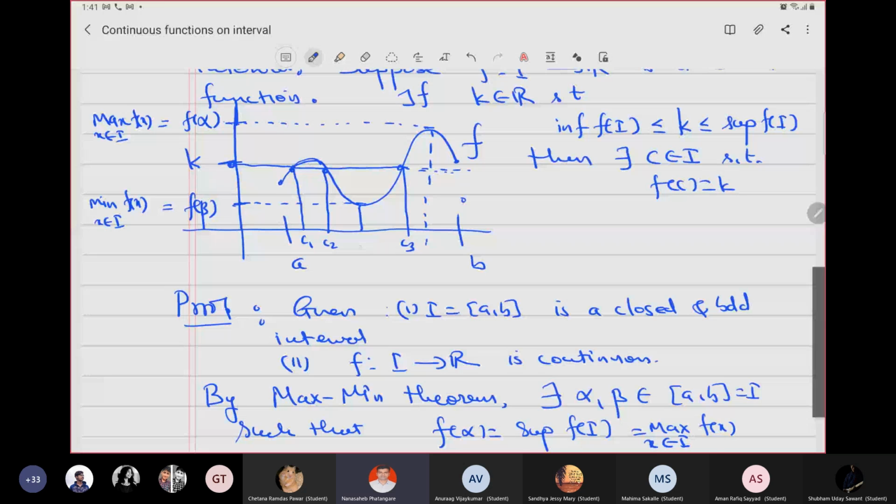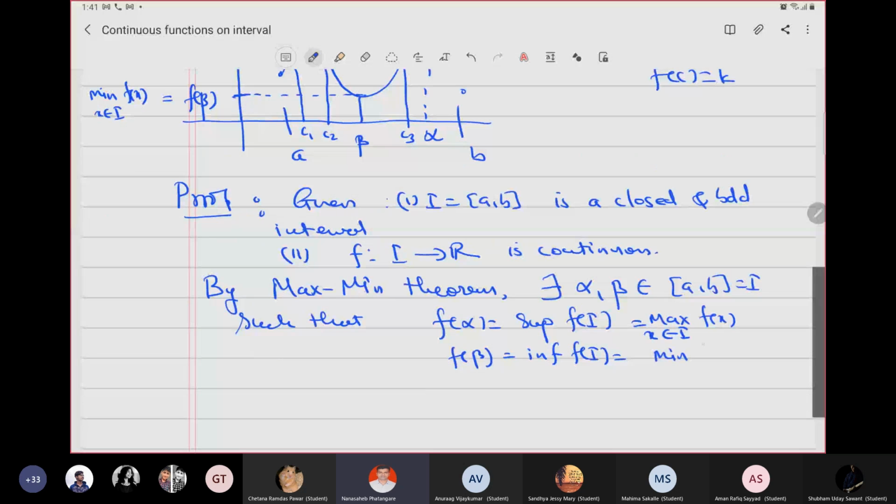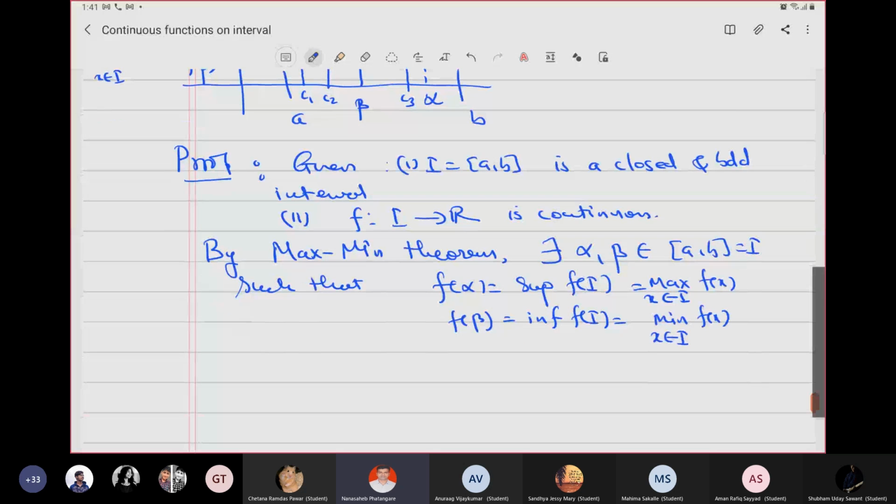So f of beta is equal to infimum of range, or it is minimum of f of x, because a maximum element exists if it is a member of range. So it is also supremum if a maximum element exists. So supremum or maximum element, infimum or minimum element, same in this case. Why? In general, supremum and maximum element may not be same, but in this case, it is true